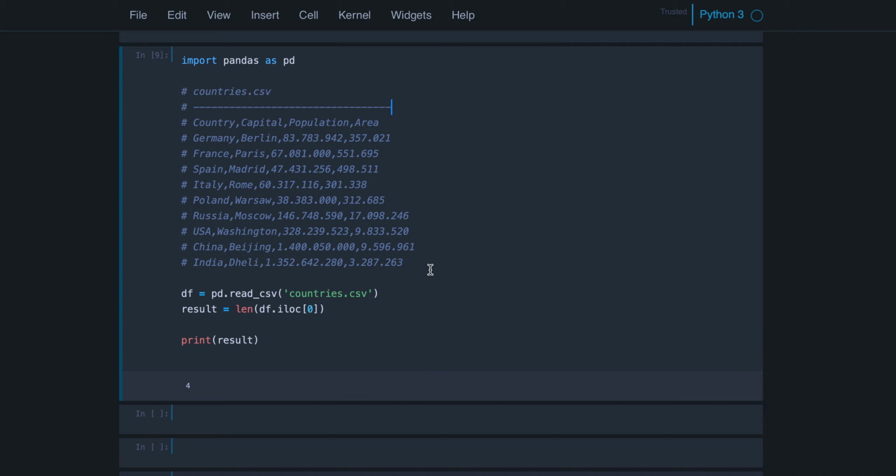How can we select a row from a data frame? First of all, we read the data from our CSV file, countries.csv. And now we want to select one row from this data frame. And to select a row, we use the iloc integer location index, for example, and we pass the location number